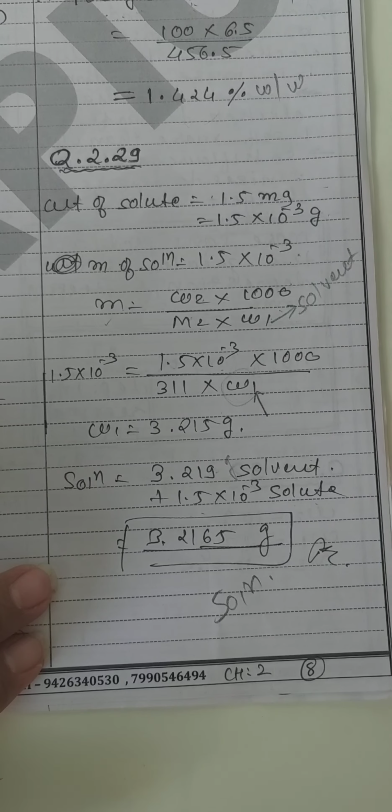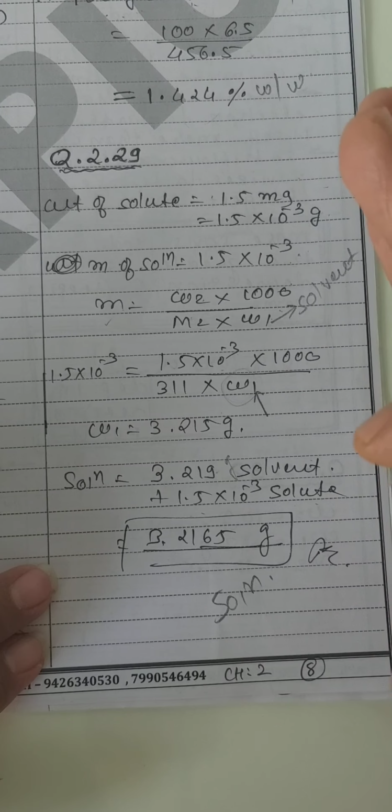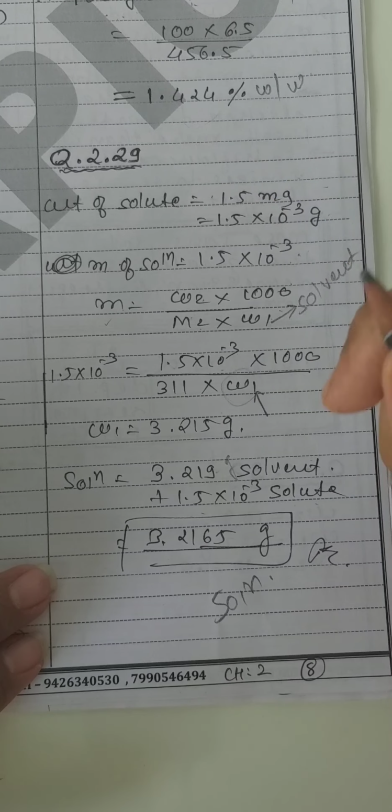Why do we want to change? Because according to the doctor we have to give only 1.5 gram. So only 1.5 gram of medicine should be taken by the patient, but we can't change the concentration of the medicine that is available in the market. So now we will change the solvent to make the required dose, that is 1.5 gram, the intake of the patient.